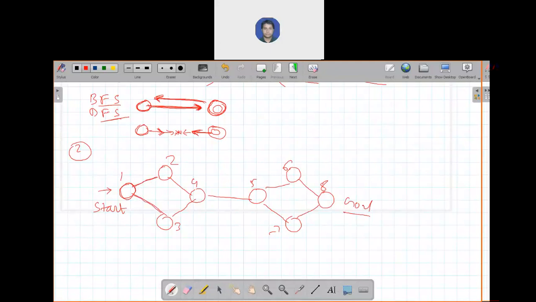Now we have two options. You choose BFS or DFS; any search technique you can select. Just consider I am using depth first. From this direction you will select either 2 or 3. Suppose I opt for 3 as the next step. Then for 3, the only exploration state is 4, so you first reach 3 and then 4.